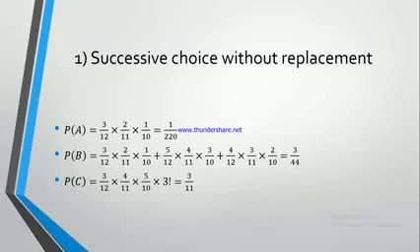To choose 3 balls that have 3 different colors, the answer is 3 over 12 for the green ball times 4 over 11 for the blue balls times 5 over 10 for the black balls. And we know that we can permute the 3 colors as we did in the books, so we have to multiply by the number of possible ways to list the 3 colors, which is 3 factorial, to get the final answer, which is 3 over 11.